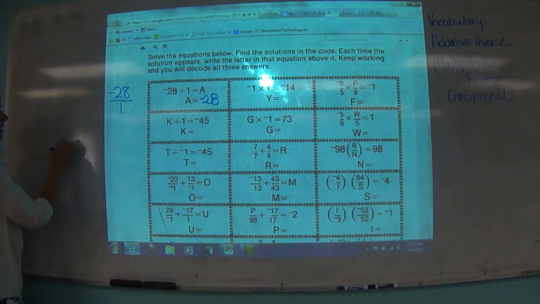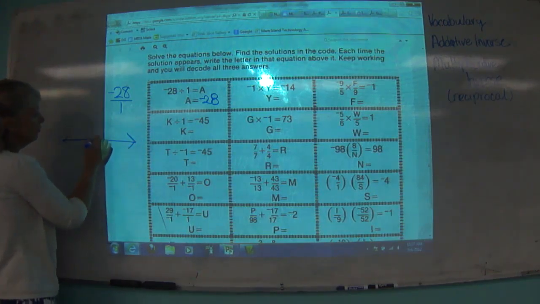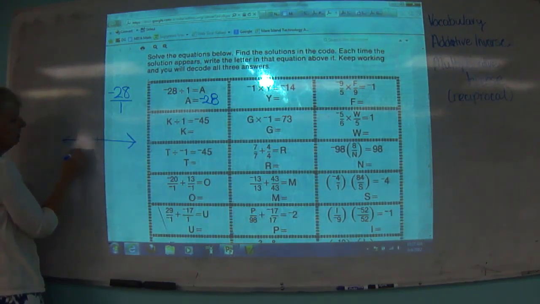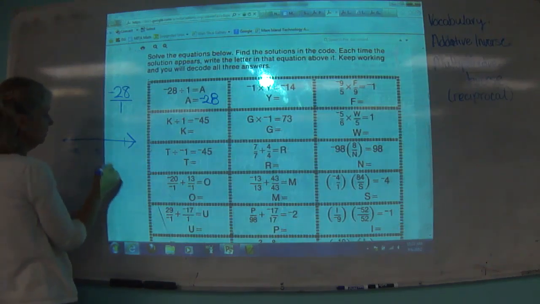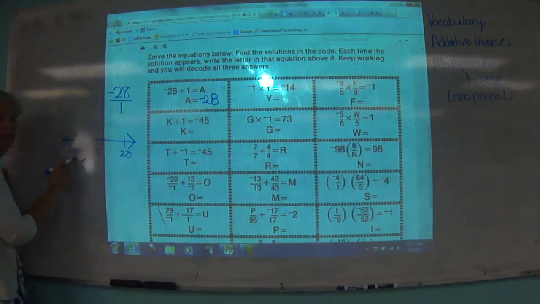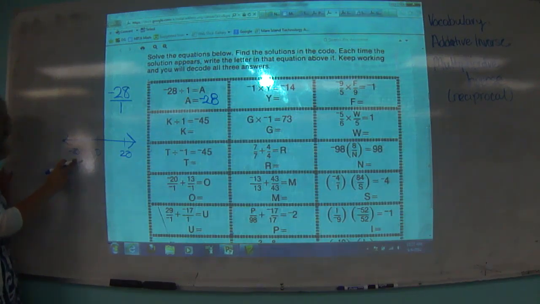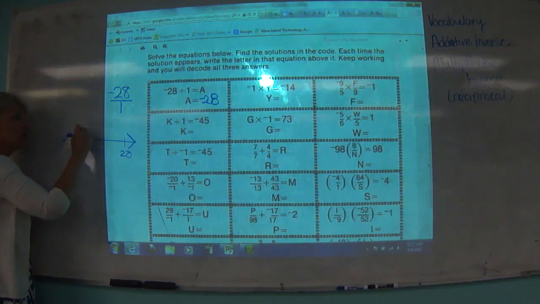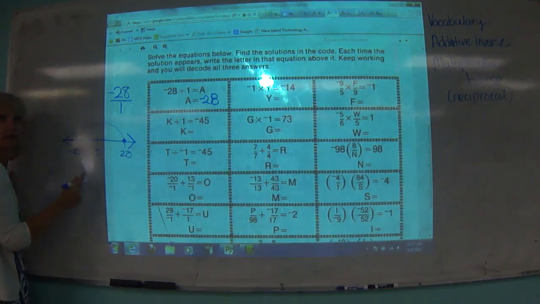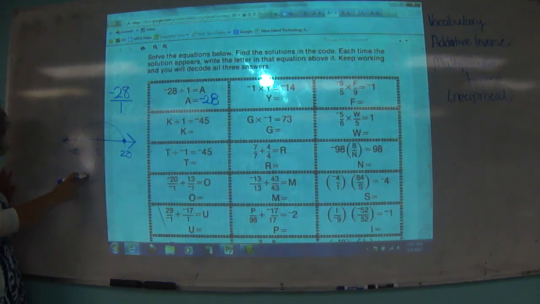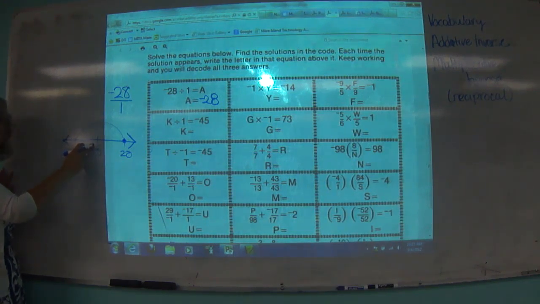If you're on a number line and you multiply, and here's negative 20, and here's 0, and here's positive 20. If you multiply that negative 20 by a negative 1 or divide by a negative 1, what happens? It jumps. It goes bang, way over here. It takes a trip, and it takes a long trip over that 0. So that negative 1 has a whole lot more power than we give it credit for most of the time,